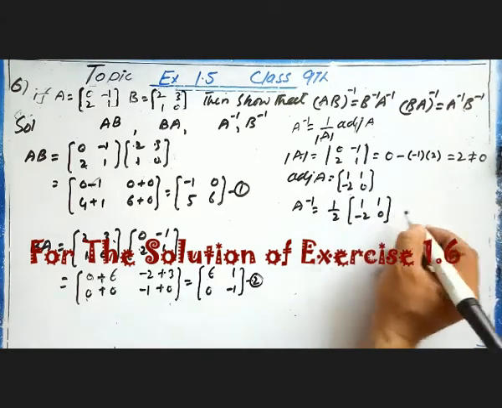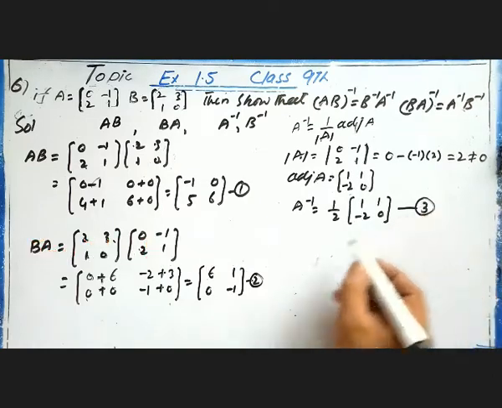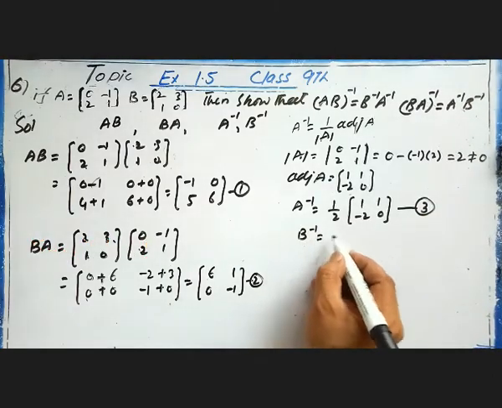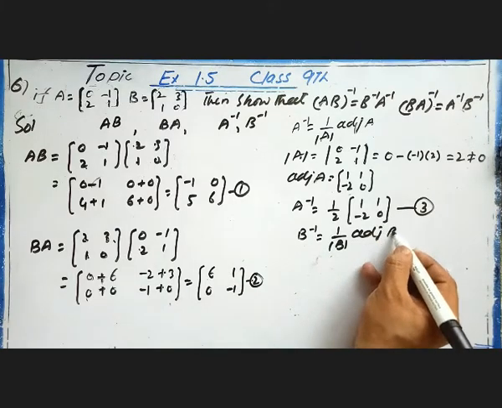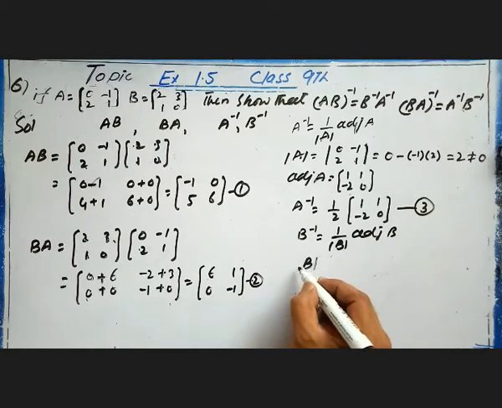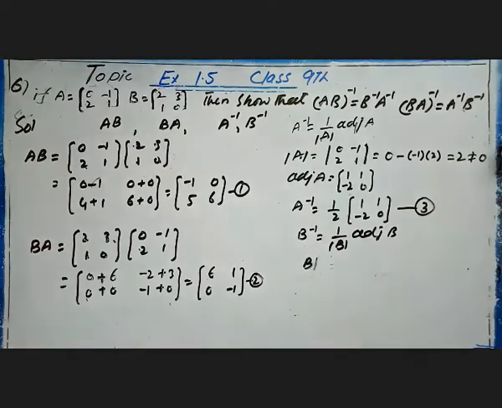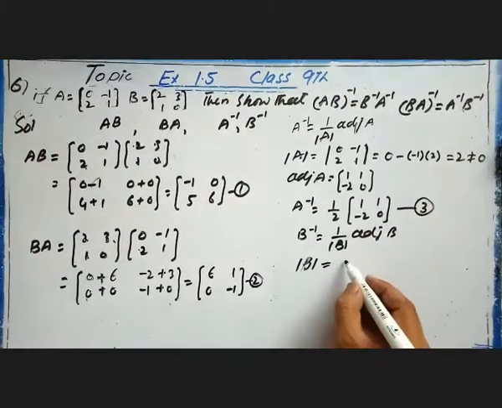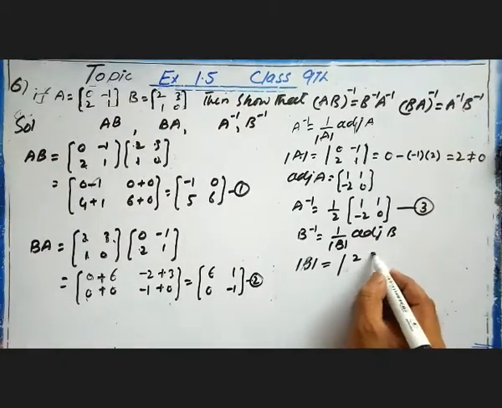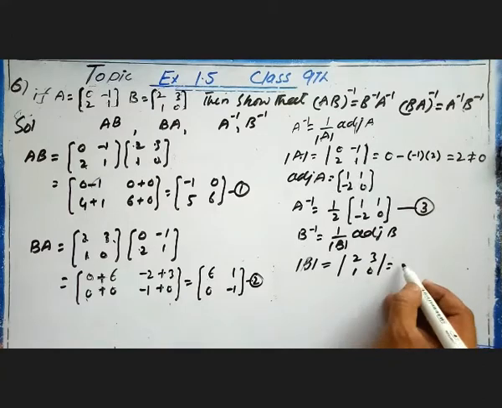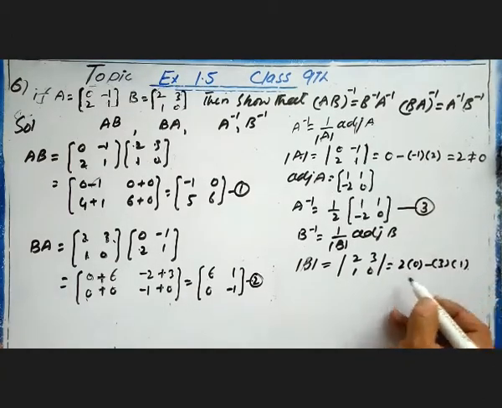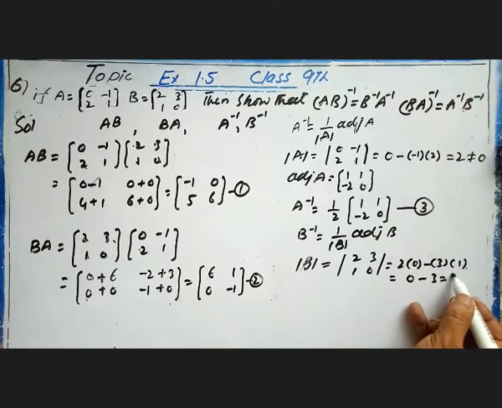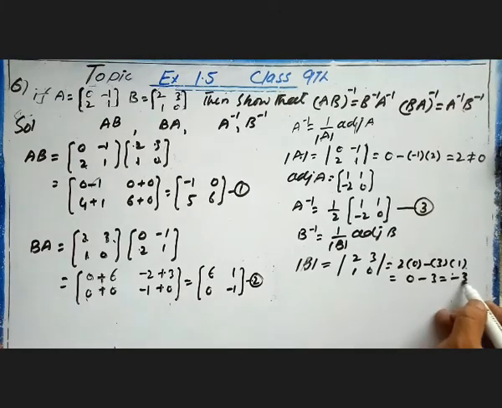Now A inverse will be equal to 1 over 2 into 1 1 -2 0, third है। Now B inverse हमें फाइंड करना है, B inverse is equal to 1 over determinant of B and adjoint of B. So determinant of B will be equal to, B matrix है 2 3 1 0, that is 2 zeros are 0 minus 3 into 1, so 0 -3 आ जाएगा and it will become -3, ठीक है।